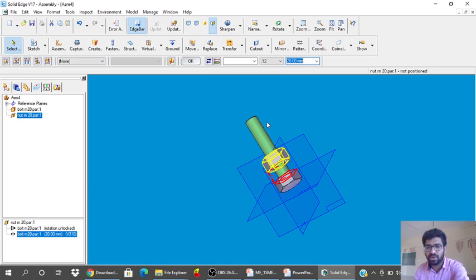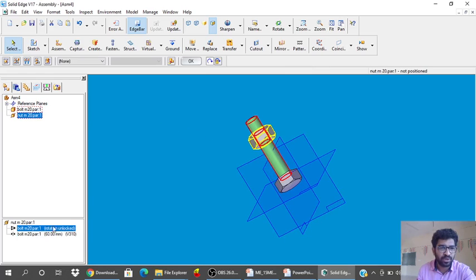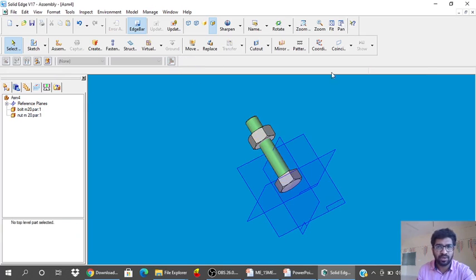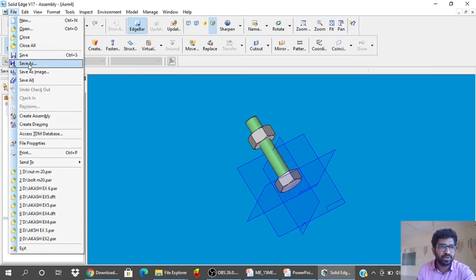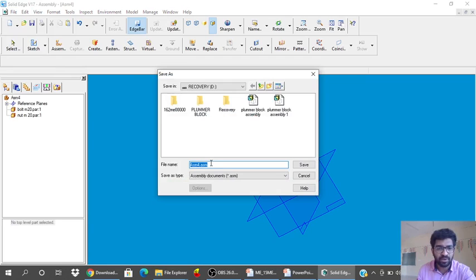So it is 180. So give the distance as 60 mm from this portion to this portion. Click on rotation unlock, lock it, say OK. Now our bolt is fully positioned. Go for file, save as, bolt nut assembly, and then say save.